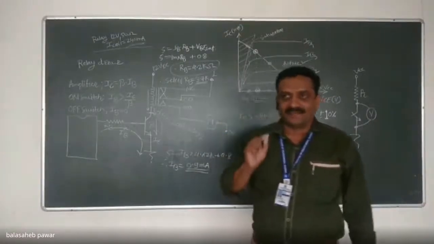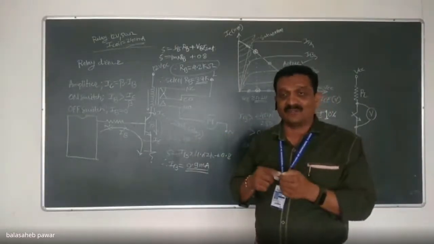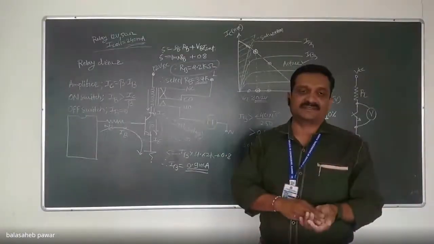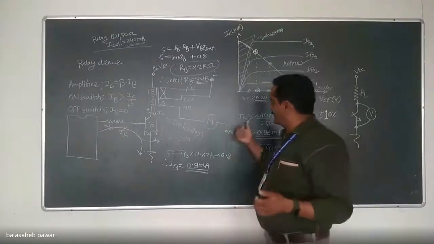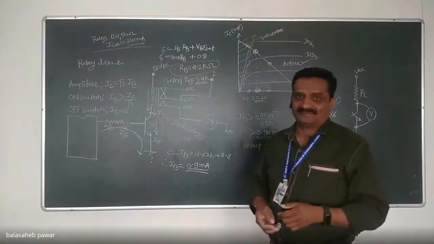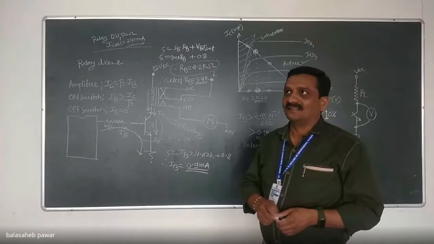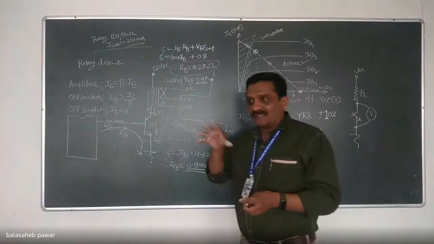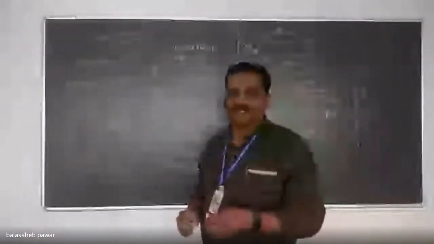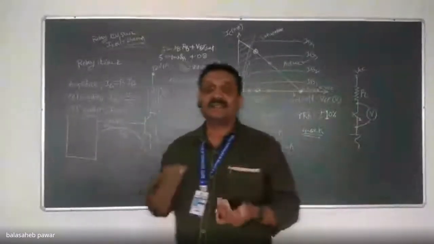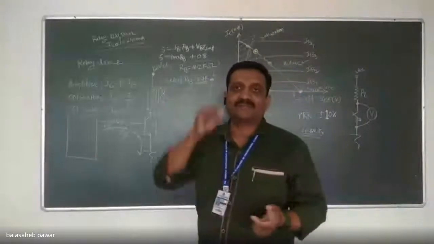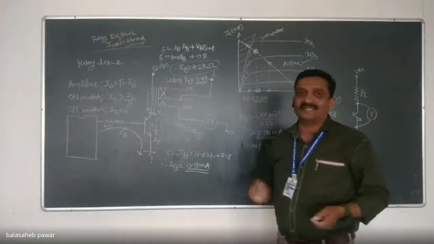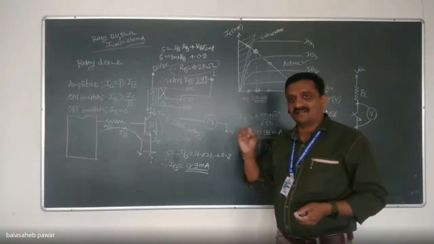Remember, if the selected value of resistor is greater than the calculated value, then IB will get reduced. And our intention is that IB should be greater, right? So this 4.2K, we just determine it to know the range of the selected resistor. The selected resistor should be less than the calculated value, and that's why I selected 3.7K as a standard available resistor in the market.